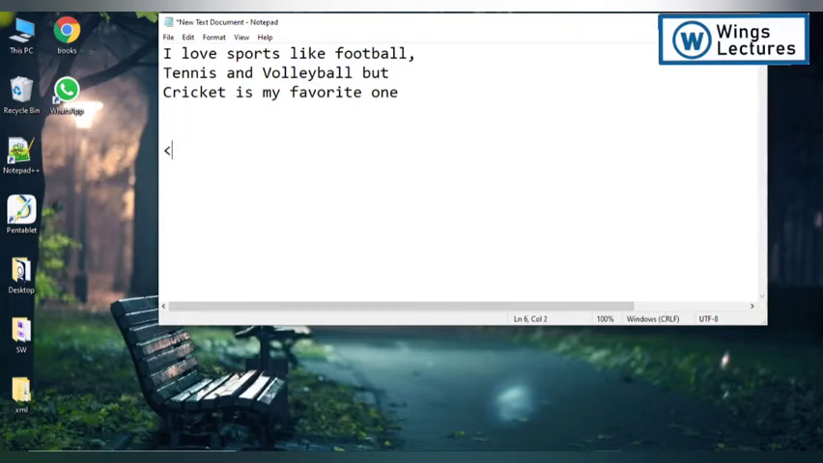Now, we are going to talk about sports, right? So you can keep sports as the root tag. Now, next we are going to talk about what sports you like: football, tennis and volleyball, right? So you can type sport,